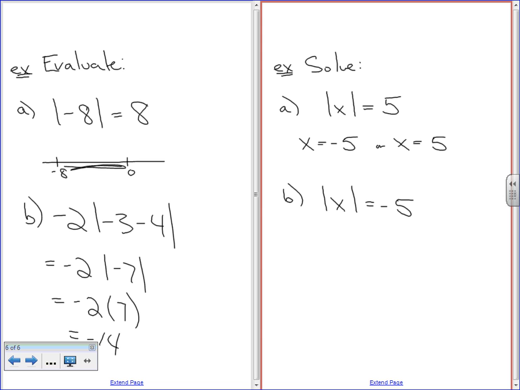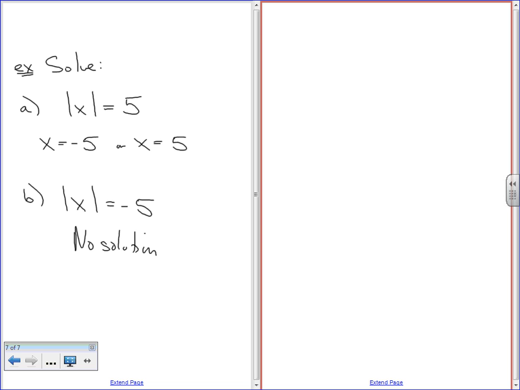What if I ask that question? Okay. Right, you can't do it. Because there's no way that you can take a number, take the absolute value, and get a negative answer, because the absolute value, by definition, means the distance. And you can't have a negative distance. Okay? So you'd say no solution, or does not exist, or can't do it, as long as you articulate to me that that question can't be answered. Okay, so now we're going to get into solving the harder absolute value